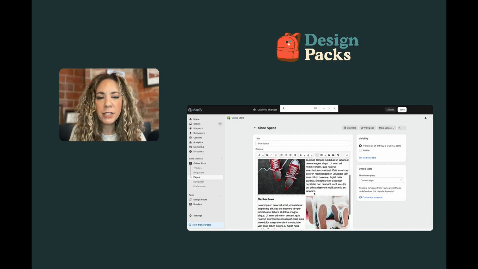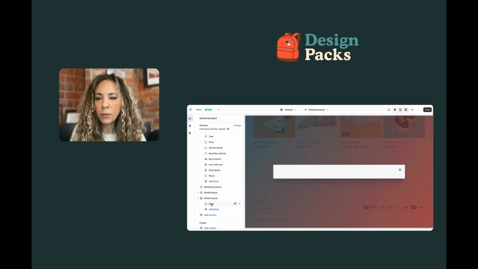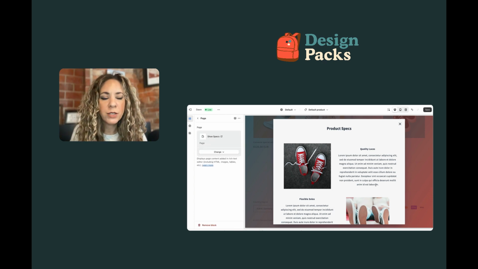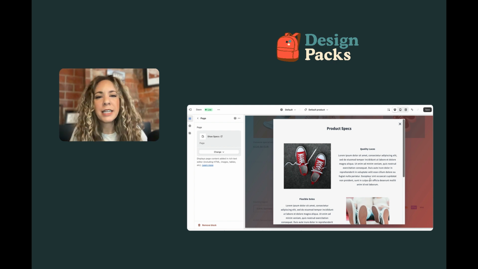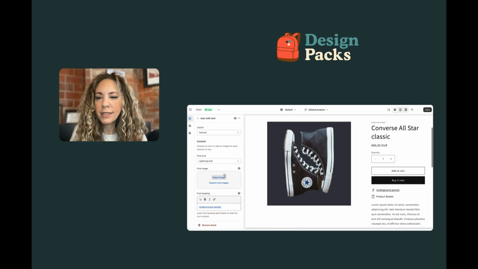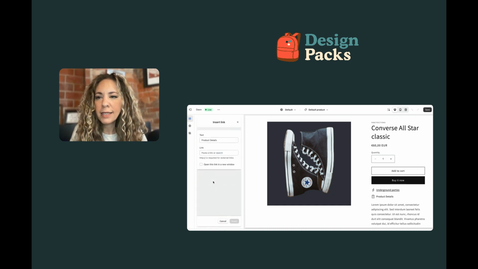So I created this page here, and now I can just connect the page with the page block. So I go here, select page, connect it to the site, and now the page just fully shows up. So now you get to have this more designed look here, because you can't put sections inside of blocks, so you can get this more complex pop-up. And then same thing, we go back to here, we go down to the product details, we just highlight this, connect it,